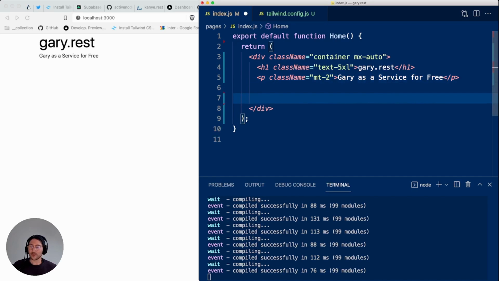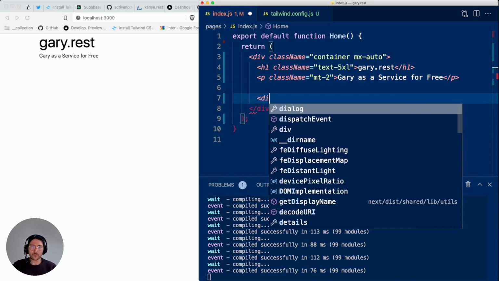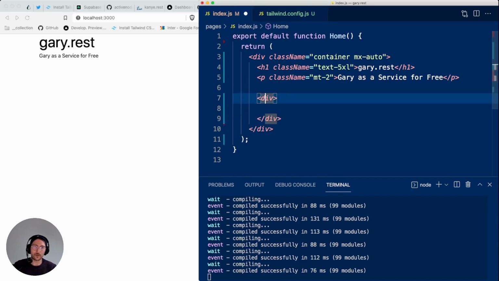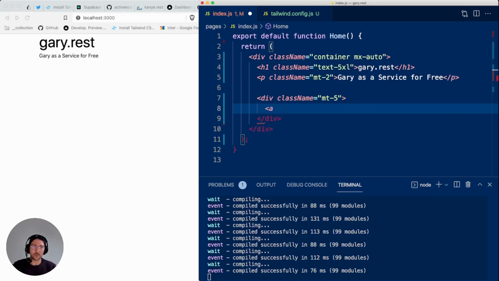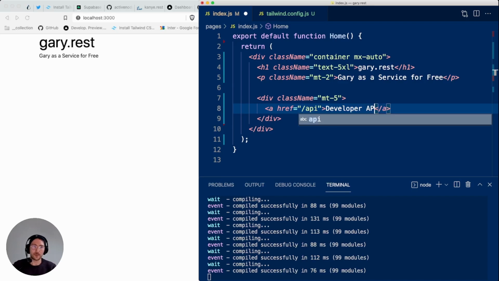And the next thing we want is another container with also a little bit of margin top, maybe like mt-4, or let's use 5. And in here we want the link, so basically an href to the API. We will be using /api, and it will simply say developer API, whatever.